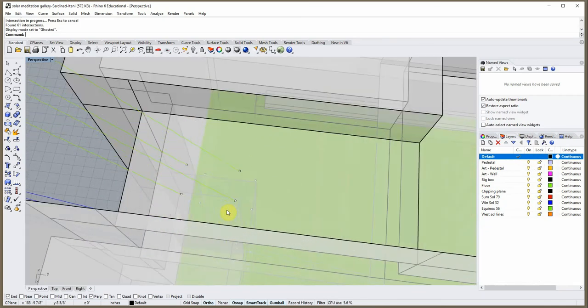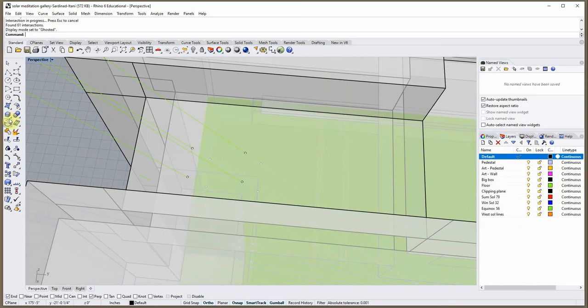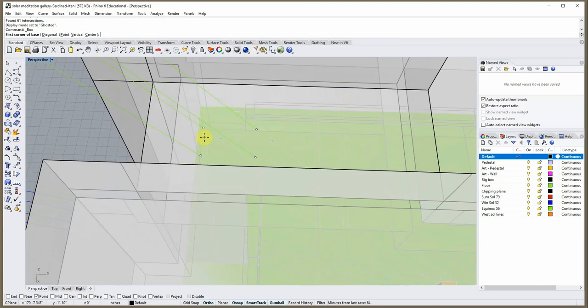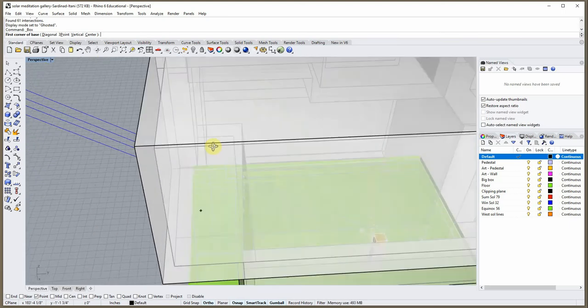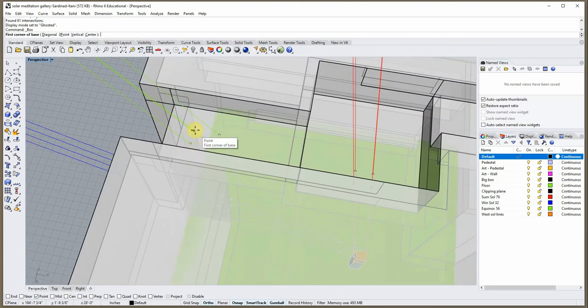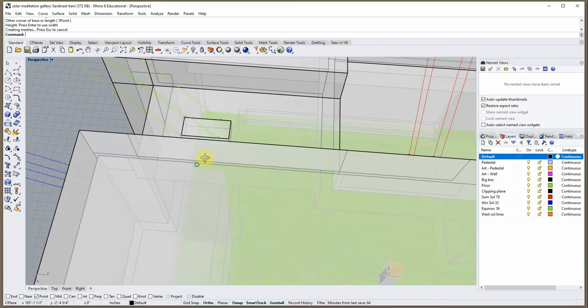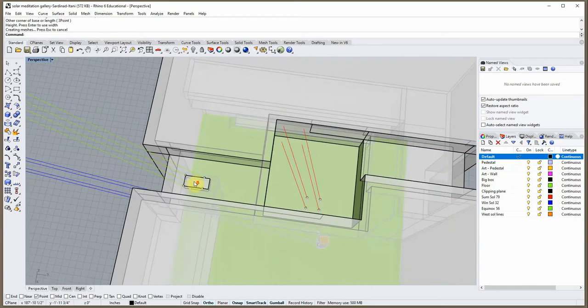Okay, so I'm going to do my solid box right here, and I'm going to turn on my points. Going to get rid of endpoint and perpendicular. I'm going to use my points right there. Okay, and you always want to start from the top point right here. Okay, and drag until you kind of align with the bottom point, and drag to the bottom point. You just made a solid window right there,